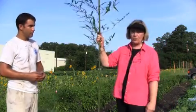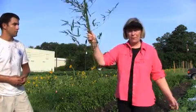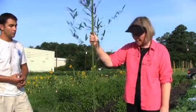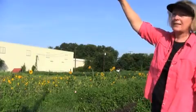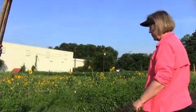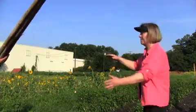Absolutely. All right, so what we're doing, we're starting with a fresh piece of bamboo. You say, well, bamboo, I don't have any bamboo. Well, bamboo grows along the side of the road. Stop and cut it. If it's on somebody's property, make sure you ask first. So here we have a piece of green bamboo, and we also have some other pieces of bamboo that Eric has used. We've lashed together the tops of this nice tall bamboo, and we're going to spread out